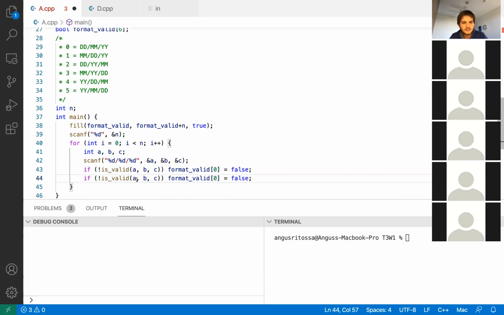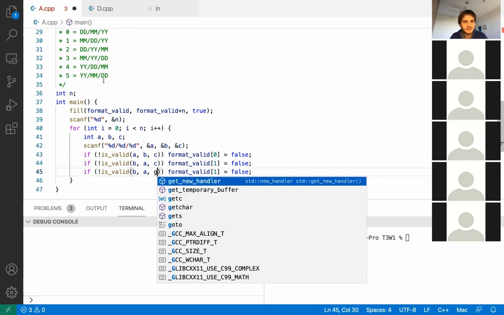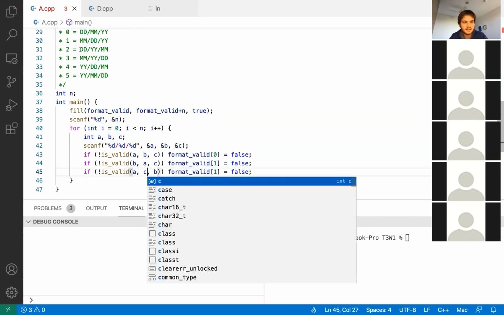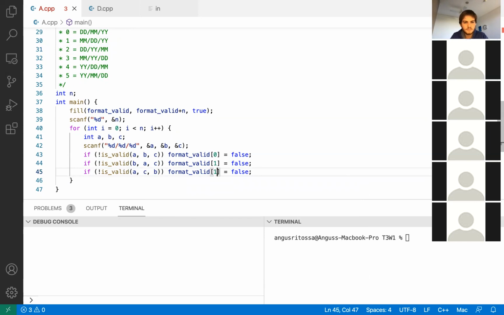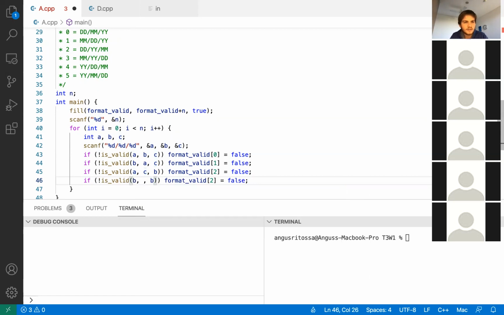Finally, we have month, day, year. So we just swap these around and we check format 1. Finally, the next one is for day, year, month. So to do that, that means B is the year, because the middle one's the year. A is the day, so this corresponds to this, that's 2. Please correct me if I made a mistake here. This is a little bit annoying. Finally, for month, day, year, this means month is B because the second one. Year is, wait, what have I done? Month is A, year is C.